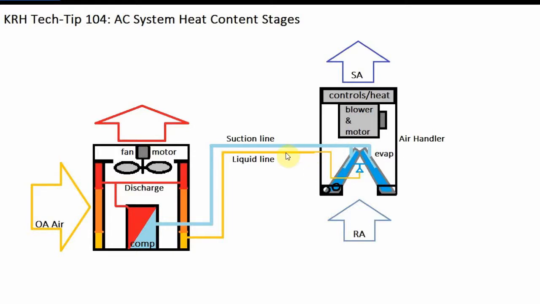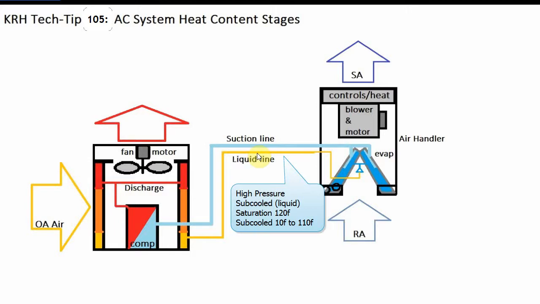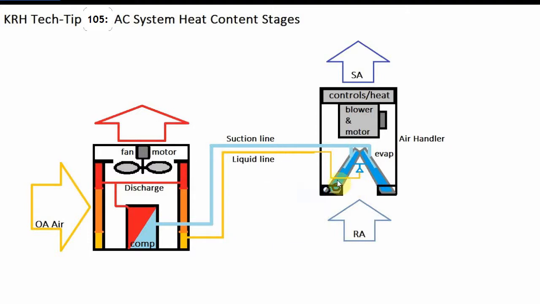So entering into our metering device, our liquid line coming from our condenser, as we have stated in the last video, is a high pressure subcooled liquid. We had a saturation temperature of 120 degrees. We've subcooled 10 degrees. So the refrigerant in this liquid line is a high pressure that's at 110 degrees, 10 degrees of subcooling. That enters into our metering device, and in the metering device, the purpose of the metering device